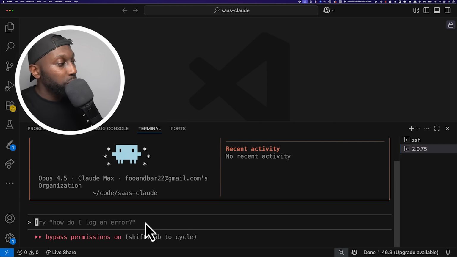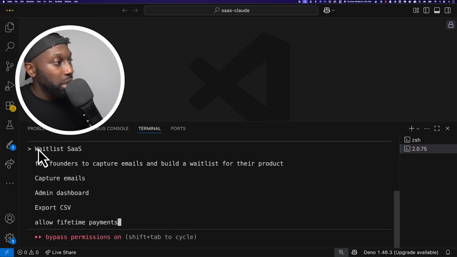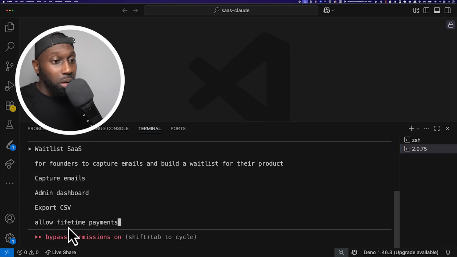All right, so in here, I'm just going to paste what I have. It says waitlist SaaS for founders to capture emails and build waitlists for their products. Admin dashboard, export CSV, and also allow lifetime payments. And you can see that by no means have I actually structured everything, and basically I can go on and start